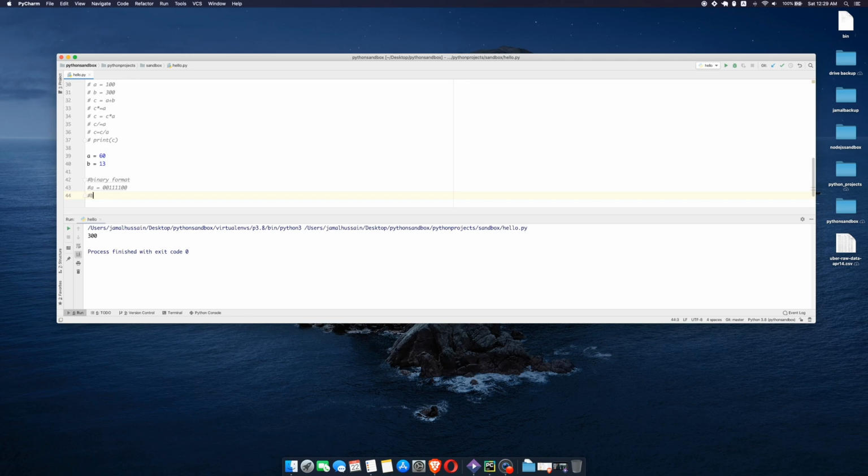And the b comes out to be like this. All right, so now if I want to perform certain operations on these numbers, so the first operation is